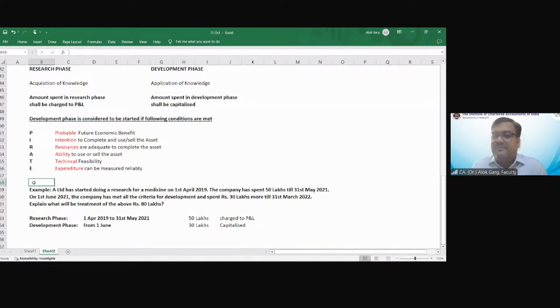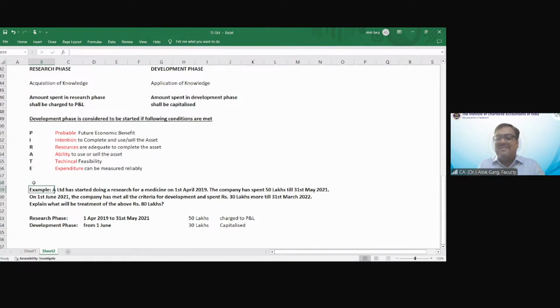For example, a student has appeared in the CA final examination. There are 6 papers. He got the exemption in 5 papers, but he was not able to clear 1 paper. And he is very sure that in the next exam he will clear that paper. But till the time he clears all 6 papers, he will not be qualified as a chartered accountant. So he is confused whether his research phase is going on or his development phase has started. He is close to 100% sure only 1 paper is left, and he will be able to clear it.